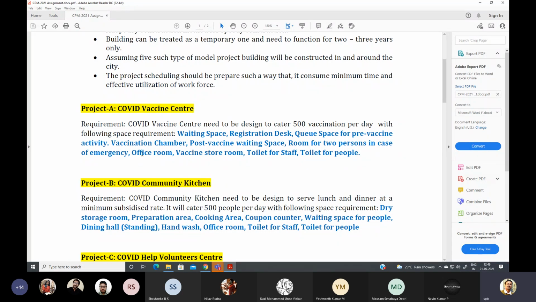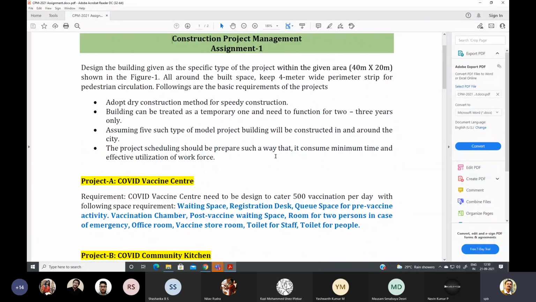Suppose after vaccination somebody feels some problem within that half an hour, they have to take rest, and there should be a bed. The doctor will attend to two people only, because the ratio is something like that. Out of 500, 1 or 2 people may feel something. Then an office room, a small office room, a vaccine storeroom, a toilet for staff, a toilet for people. All of that in 40 meter by 20 meter, and to be replicated with dry construction, no bricks, or maybe